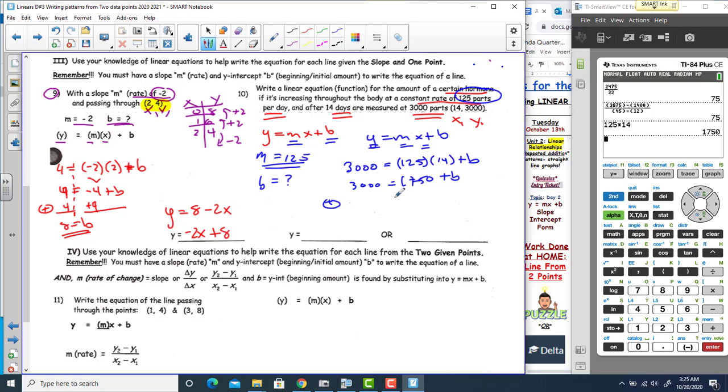We now have to subtract 1,750 from both expressions. And I believe that we get 1,250 as the difference, equal to the beginning amount. Therefore, we could write this relationship as an increase of 125 units of the hormone x number of times, starting at 1,250. If you want to substitute in some variables in the context of the question based on the story